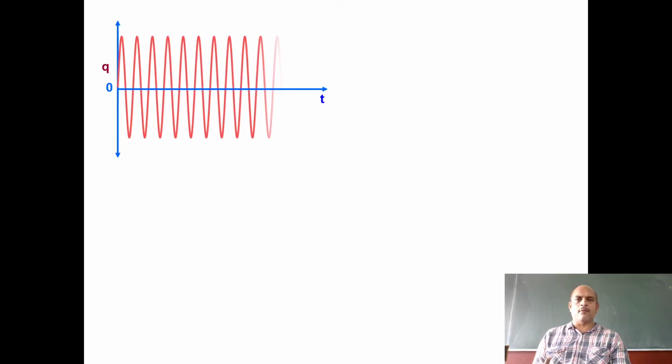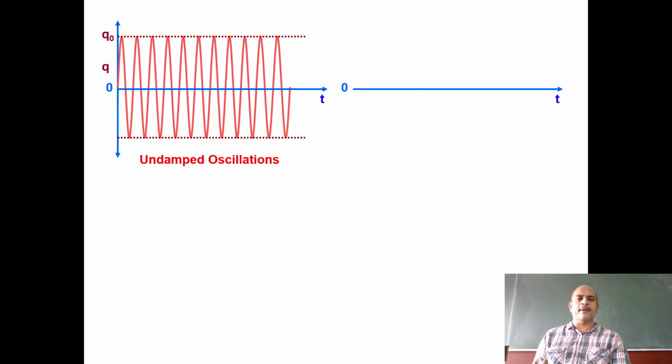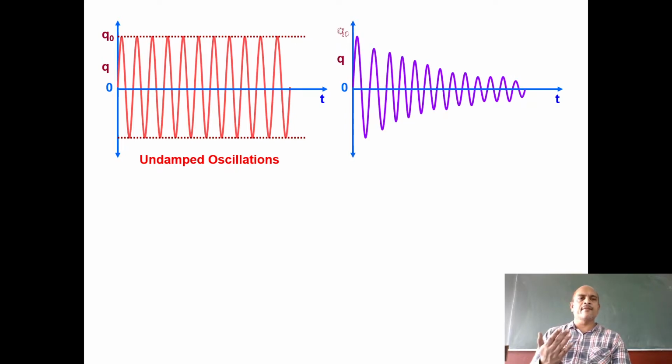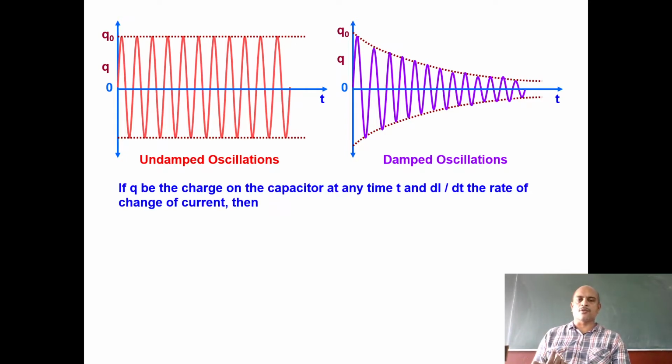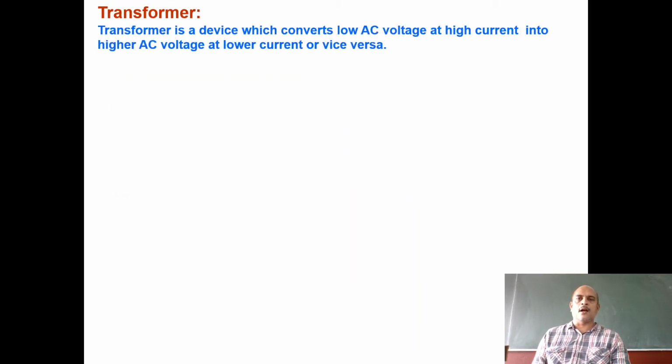So there are 9 diagrams in which we can see different case studies of charging and discharging of the capacitor. We can get the charge as a function of time, and the energy in the form of simple harmonic oscillations if there is no loss of energy. But we know that some energy gets exhausted by resistance. So if there is an exhaustion of energy, then we will get damped oscillations, which we have already discussed in class 11th also. Now, what is the frequency of that oscillation? Frequency is a fundamental property. It will remain the same whether it is damped or undamped oscillations. Only the amplitude and energy get exhausted.